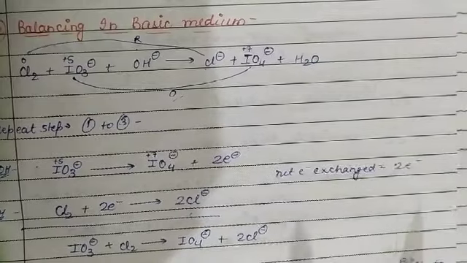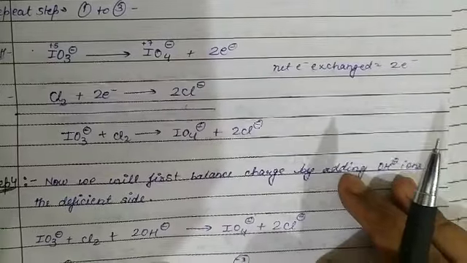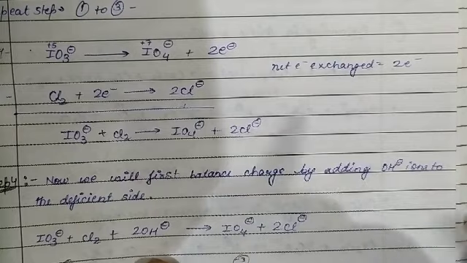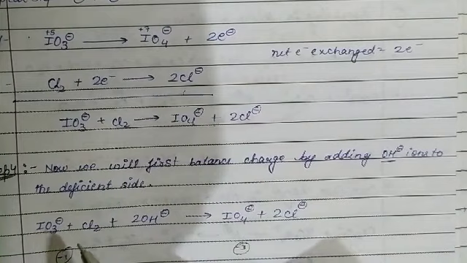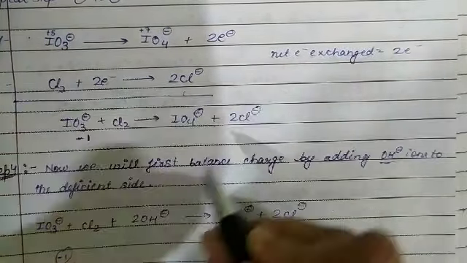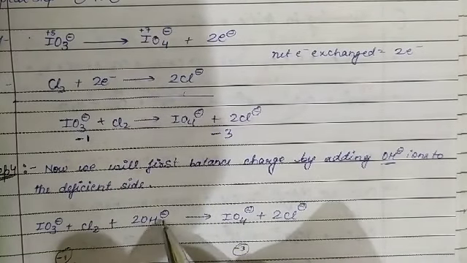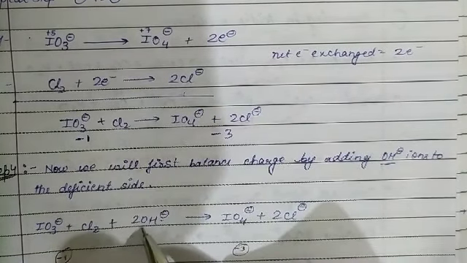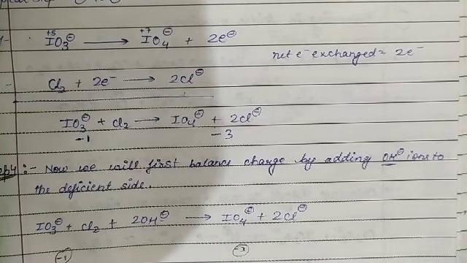See the next step. We have the equation, this one. Now we are going to balance the charge. Charge is balanced by addition of OH minus ion. See, -1, -2, -1 is on the left hand side and -1, -2, -3 is on the right hand side. As 1 OH minus carries -1 charge, the left side becomes -3 when we add 2 OH minus on the left hand side. Now the charge is balanced by addition of OH minus ion.